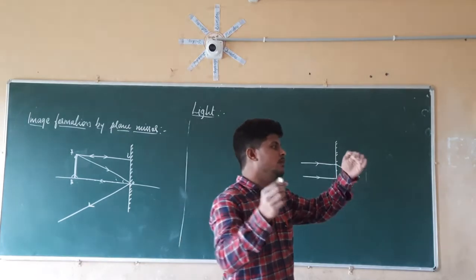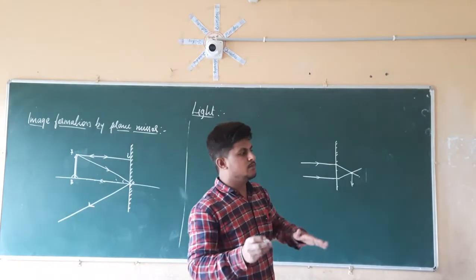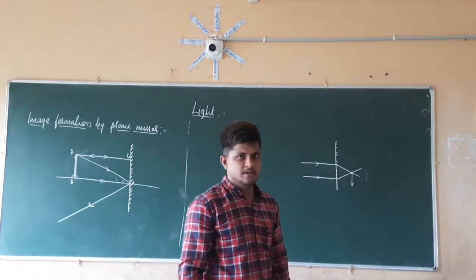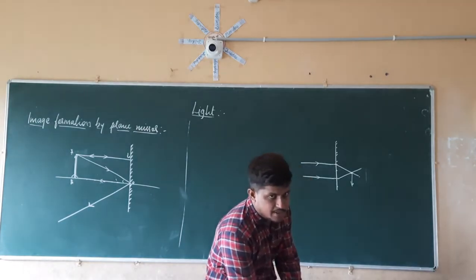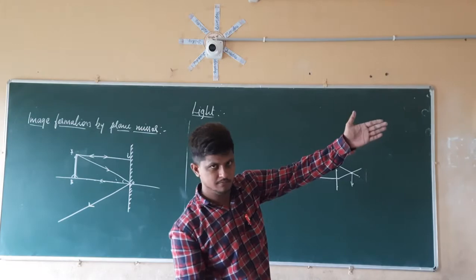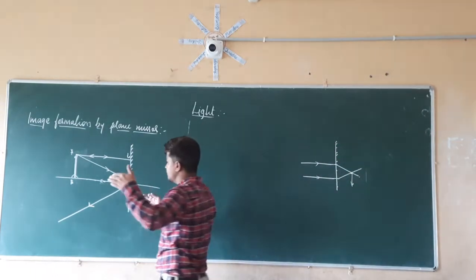Someone is throwing the ball from inside the wall. In the same manner, if I throw the ball in the downward direction, the ball is going to go in the downward direction only. So if we catch that ball in the downward direction, when you see it, the ball seems to be coming from inside the mirror at some point, in this direction. In the same manner, we have to interlink that thing.